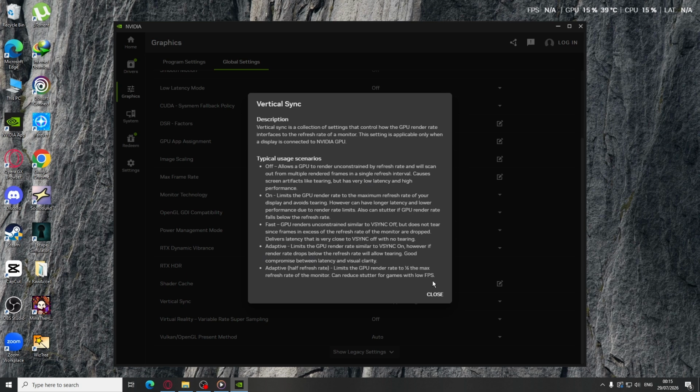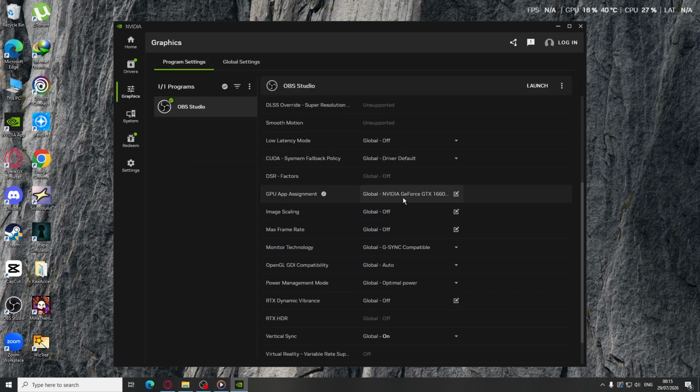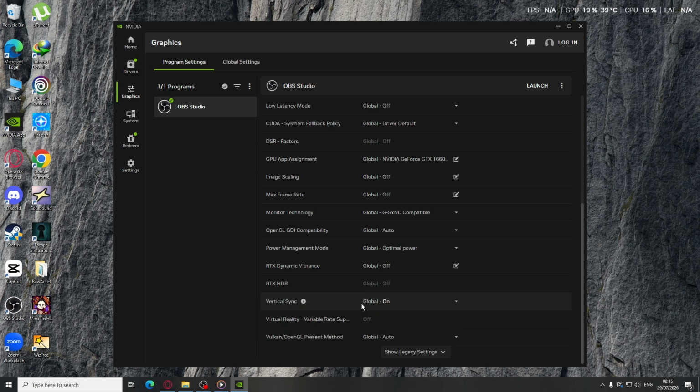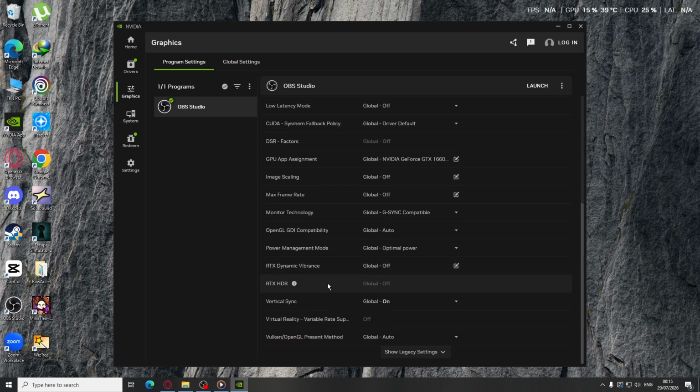One important note: in-game VSync settings often override what you set here in the Nvidia app. If you enable VSync through the app, but the game has its own VSync option in its graphics settings set to off, the game will use its own setting. Always check both places. Use the program settings instead of global settings if you only want VSync applied to specific